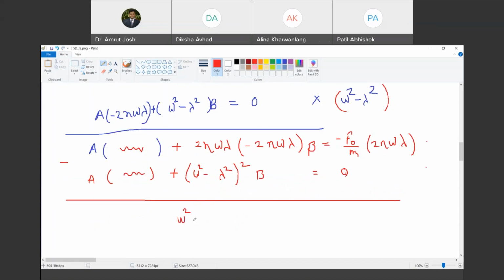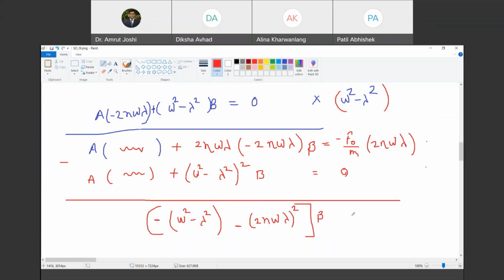And then what do you get? The omega square minus lambda square, minus, look, 2 eta omega lambda, 2 eta omega lambda. So is it 2 eta omega lambda, the whole bracket square? First term. And when I subtract the second term from the first term, this will have a negative sign. This will also have a negative sign. Like this minus this, times b. Happy?